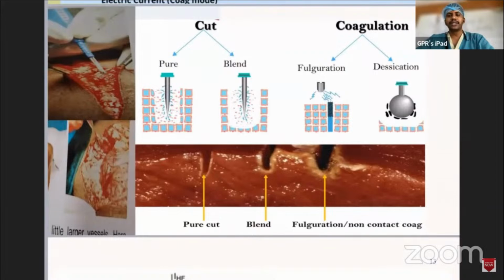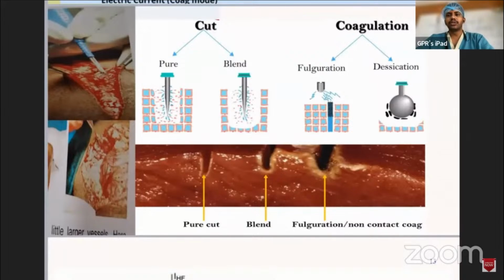But when it comes to the deep plexus, or whenever we are in a muscle plane, we use a better instrument, where we hold the bleeding vessel and cauterize it, which works for vessels of size approximately up to 1.5 millimeter. So these two different ways of coagulation we usually follow for the hemostasis to be secure.